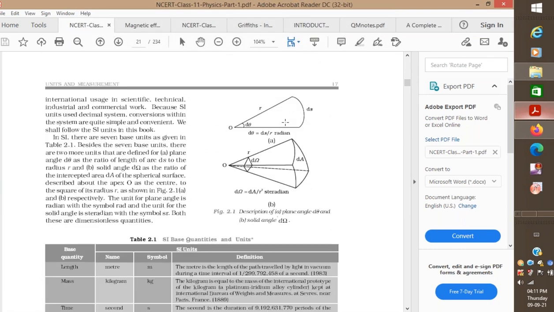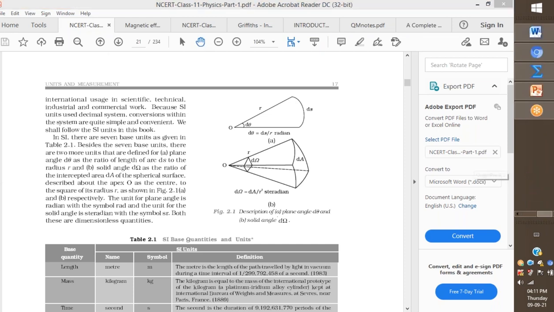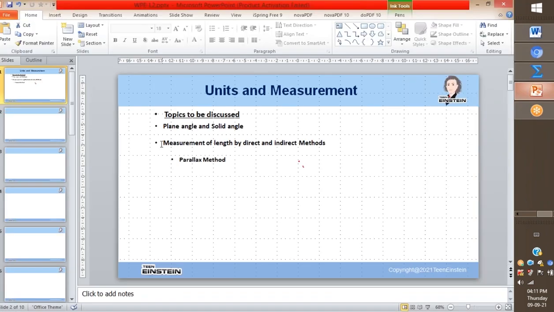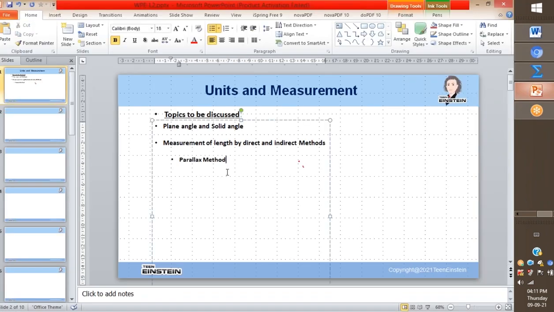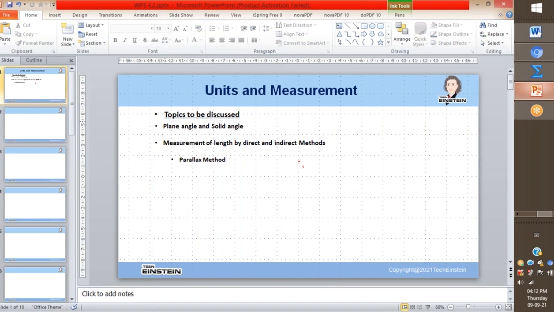There are two units which are again used, or will be used, in our study. So radian and steradian are the units of plane angle and solid angle. So this will be my context today. The context is plane angle and solid angle, and then I'll be discussing how to measure the